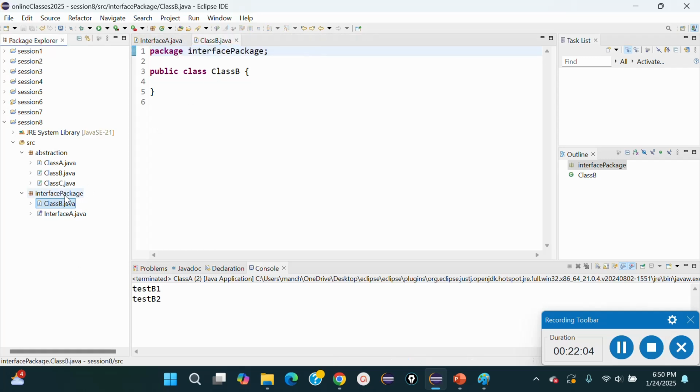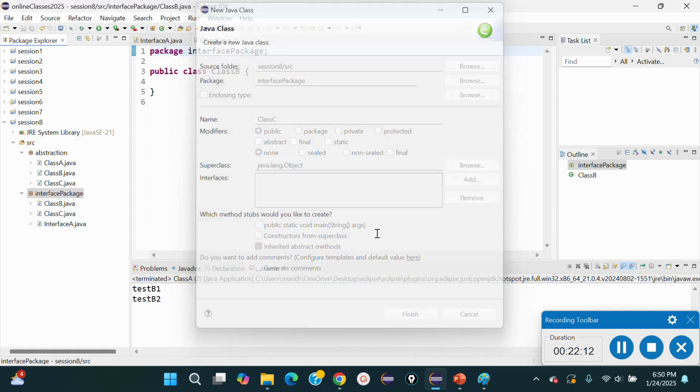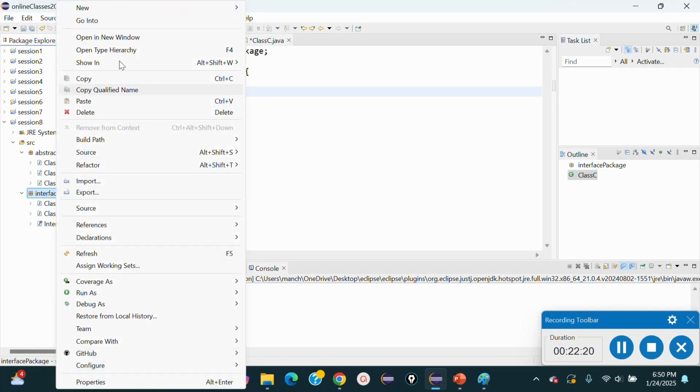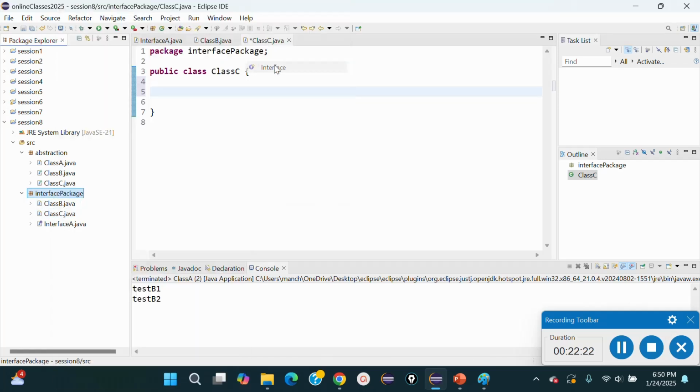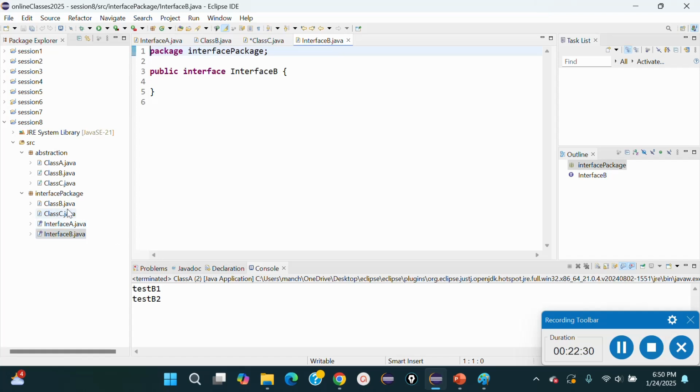Right, and one more class I want to create as class C and just finish. Instead of class C, let me create one more interface. I want to create it as an interface, and we can say interface B, finish. So we have two interfaces and two classes. So here you can see